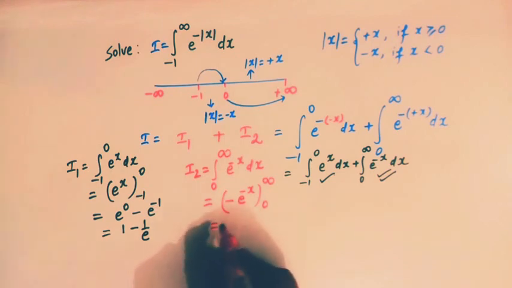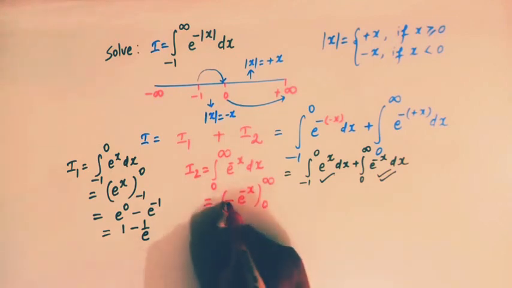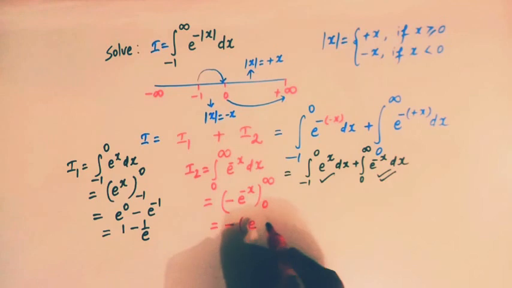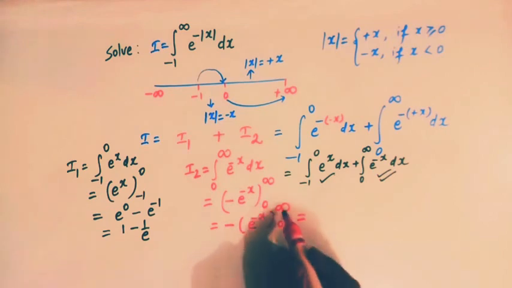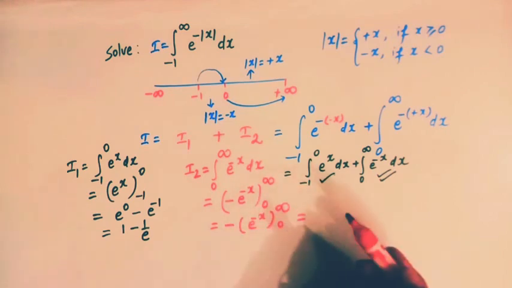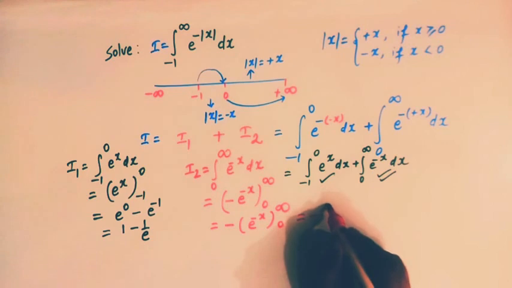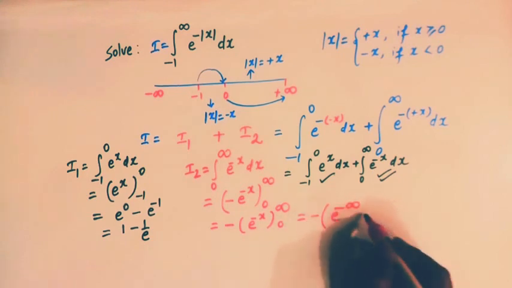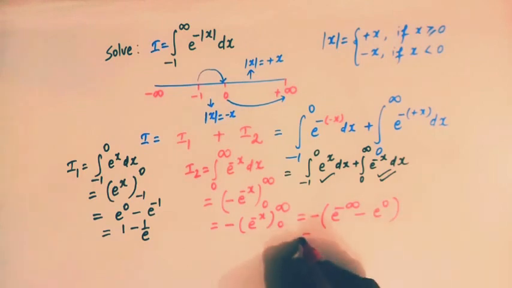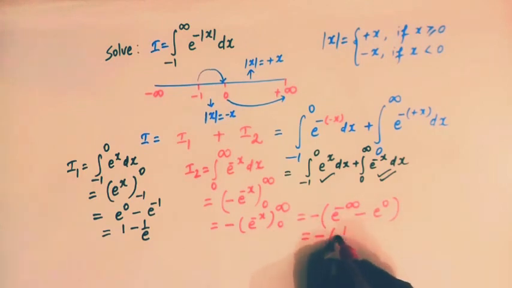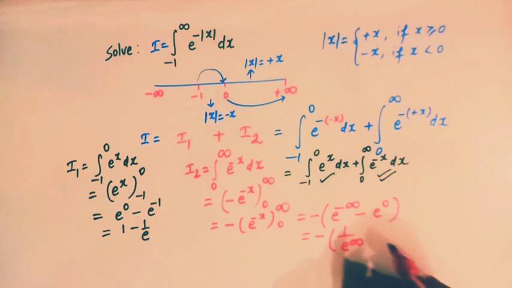Taking this negative sign outside, we have e raised to minus x with limits from 0 to infinity. Substituting the limits and taking the difference, we have e raised to minus infinity minus e raised to 0, and this is 1 over e raised to infinity